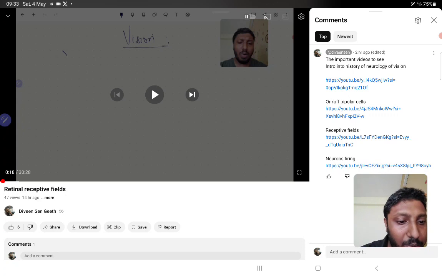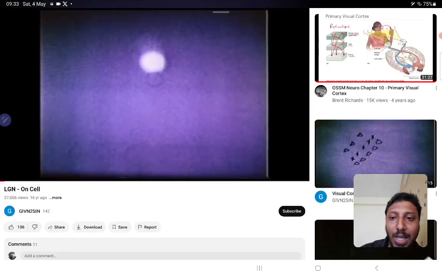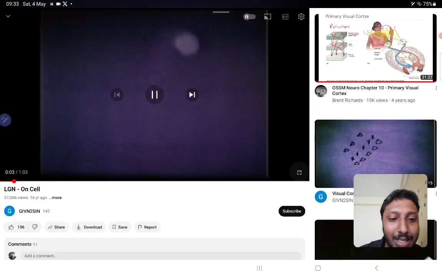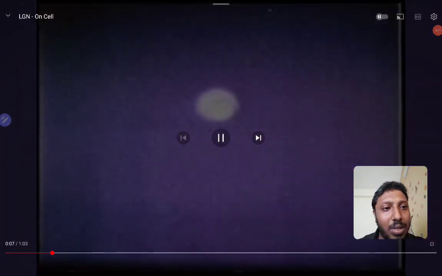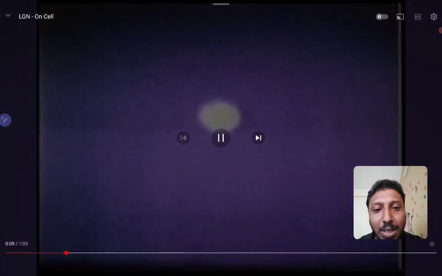So yeah, receptive neurons are firing. This is an on center. This is the receptive field, this small circle. If both are firing, the firing rate is lesser. If it is dark, the firing rate goes down.